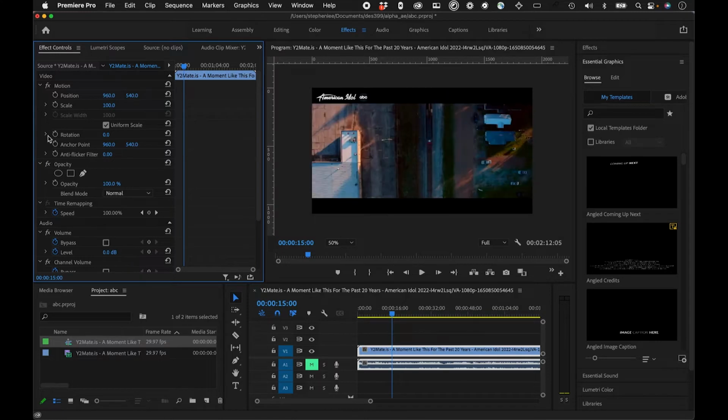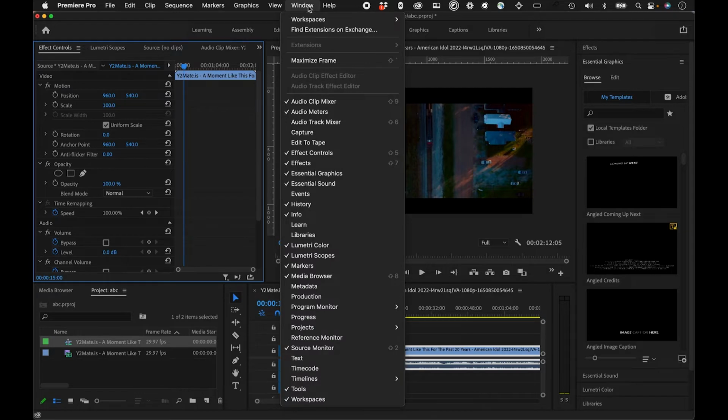We don't want to do that. But other features here, and this is going to be important. We're going to be editing here. I'm now going to jump over to the Essential Graphics. And if you don't see it, you could always add it by going to